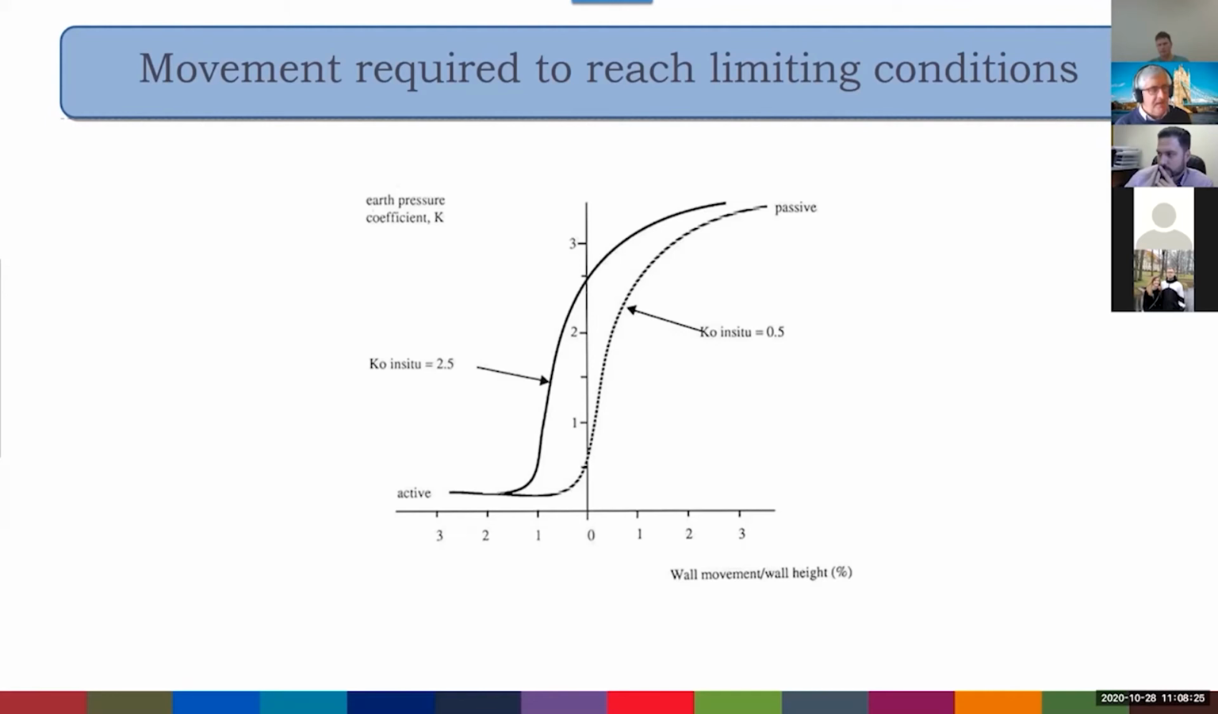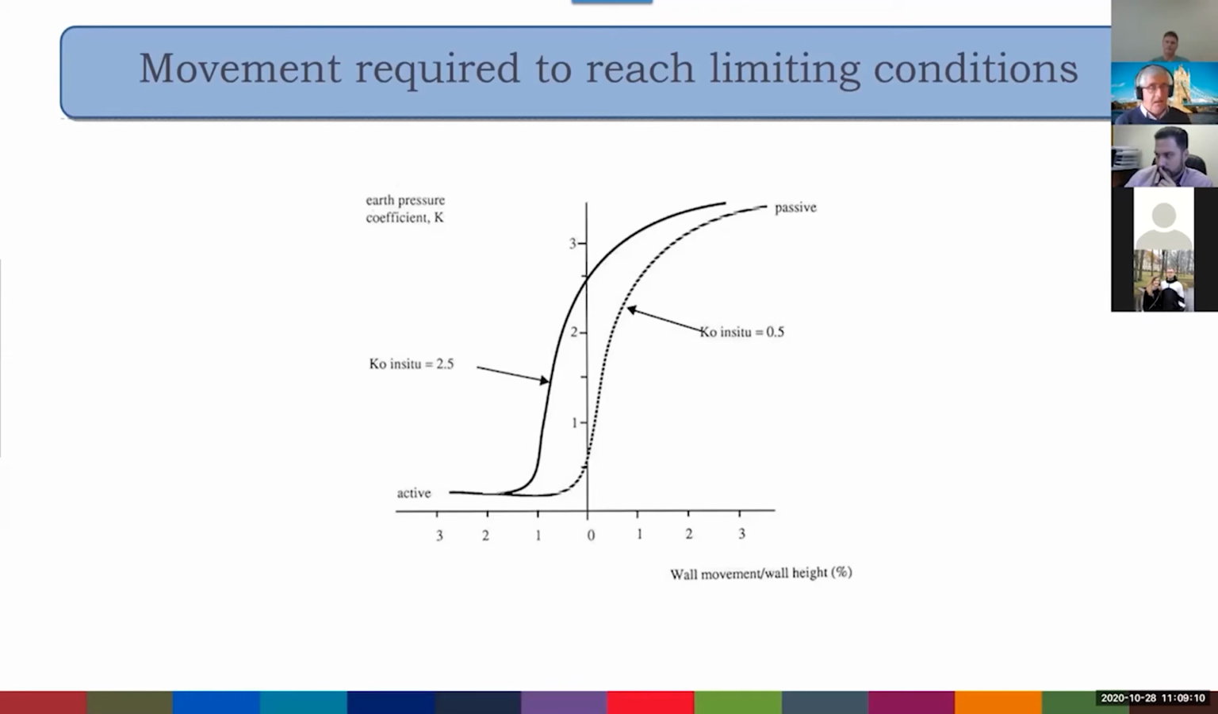Not only that, the amount of movement that you need depends on the initial stresses in the ground. So if you've got a K0 of 0.5, which means you've got a normally consolidated soil, so maybe a soft soil or a not particularly highly compacted sand, you're on the dashed curve, which means that you've got to move quite a bit further to get to passive than you have to get to active. You need very little movement to get to active. If you look, you're starting at 0.5 where it crosses the axis. You need 0.5% movement to get to active,